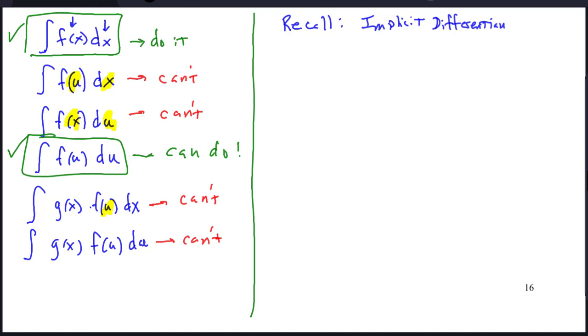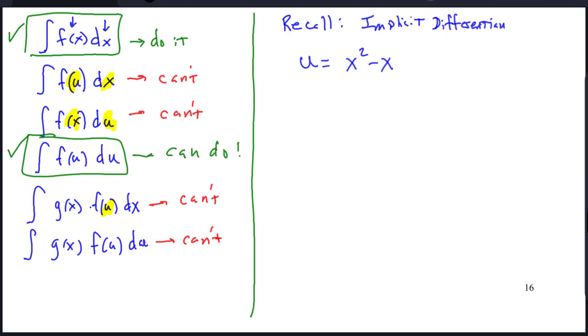We're not just differentiating a function of x, but there might be u's and x's and y's or whatever. So implicit differentiation was, here's an example, a simple one to warm us up. U equals x squared minus x. Now, we have a function of u in terms of x's. So if we differentiate in terms of x on both sides,